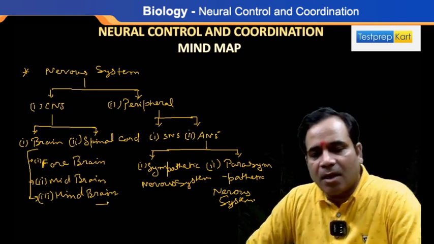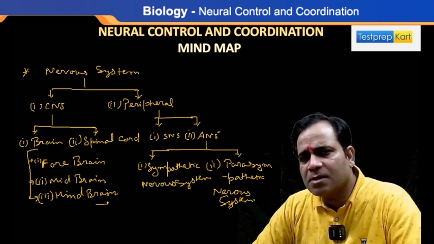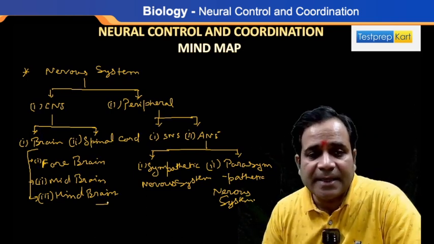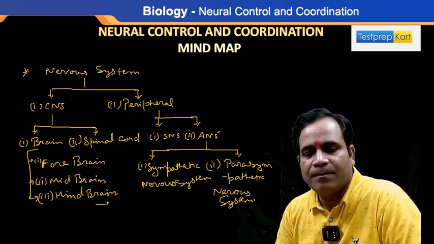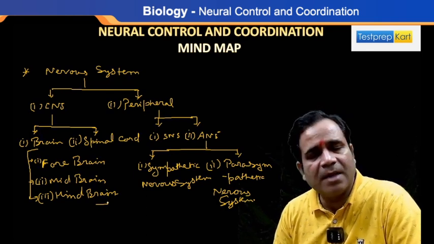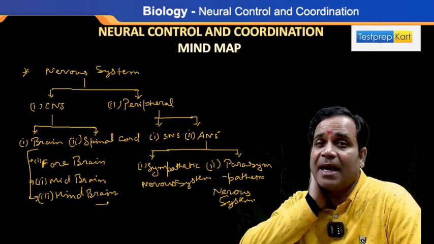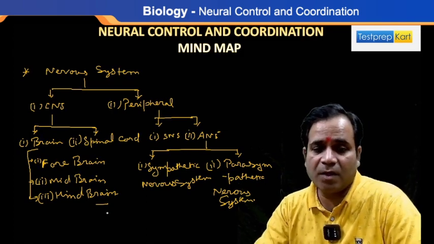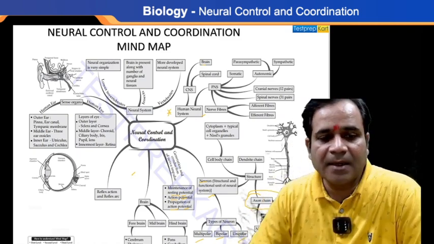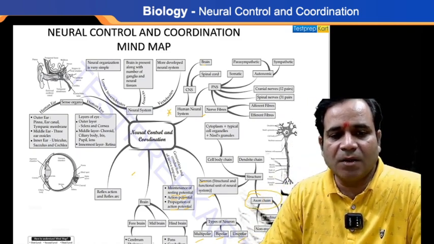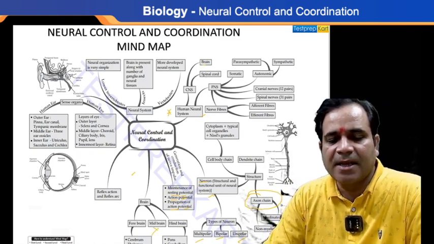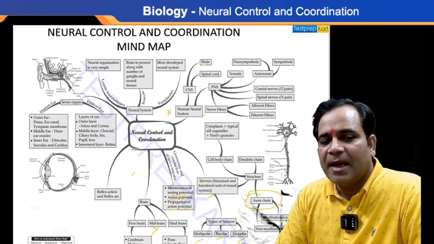Getting my point? Now the question is, is the forebrain also further classified? Yes, definitely. The forebrain is classified into two parts: the cerebrum and the diencephalon. But the midbrain doesn't contain any parts. The hindbrain is further classified into three parts: the cerebellum, pons, and medulla oblongata. So the forebrain has the cerebrum, thalamus, and hypothalamus, my dear. The hindbrain has the pons, cerebellum, and medulla oblongata. The midbrain doesn't contain any parts. Basically, the forebrain has the cerebrum and the diencephalon.